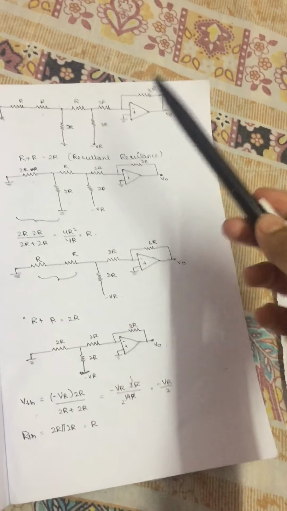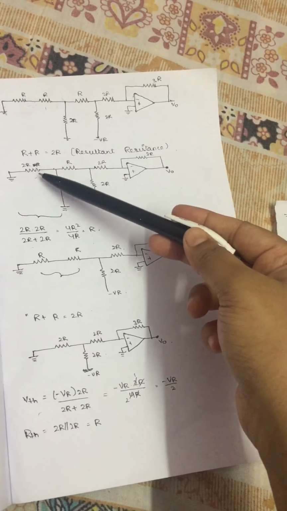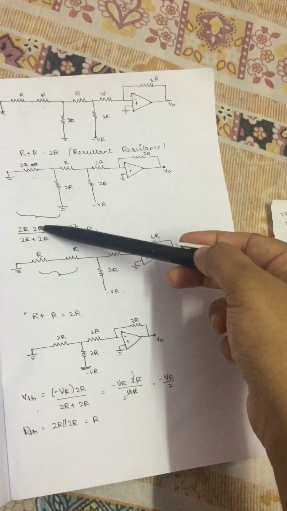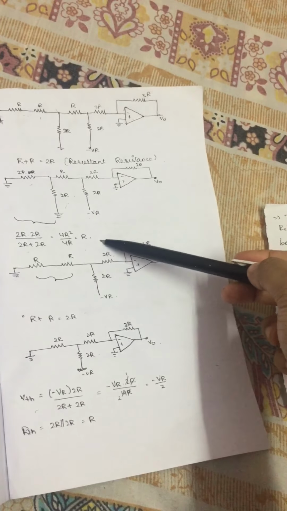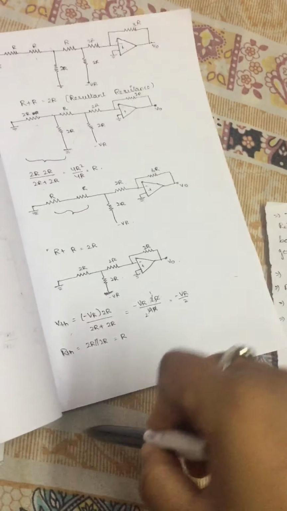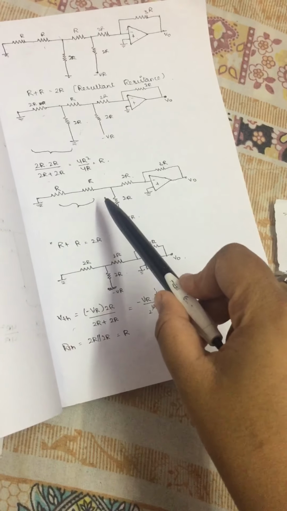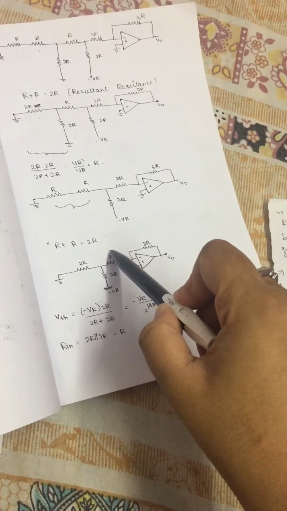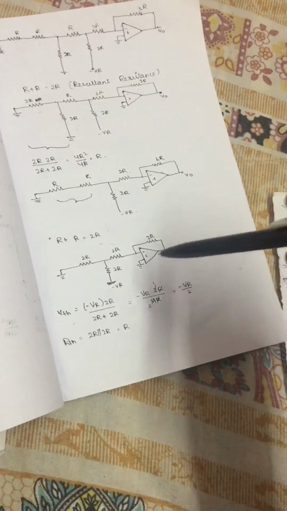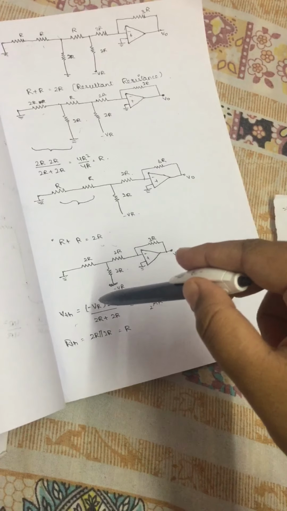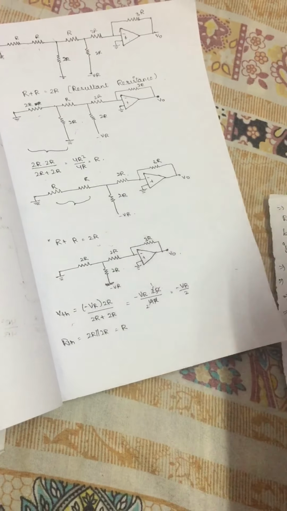Now again these 2R and 2R are in parallel. So 2R into 2R by 2R plus 2R equals 4R square by 4R equals R. Then again these R and R are in series, so R plus R equals 2R. When you see two parallel resistances, one of which has the reference voltage, you need to apply Thevenin's voltage and Thevenin's resistance